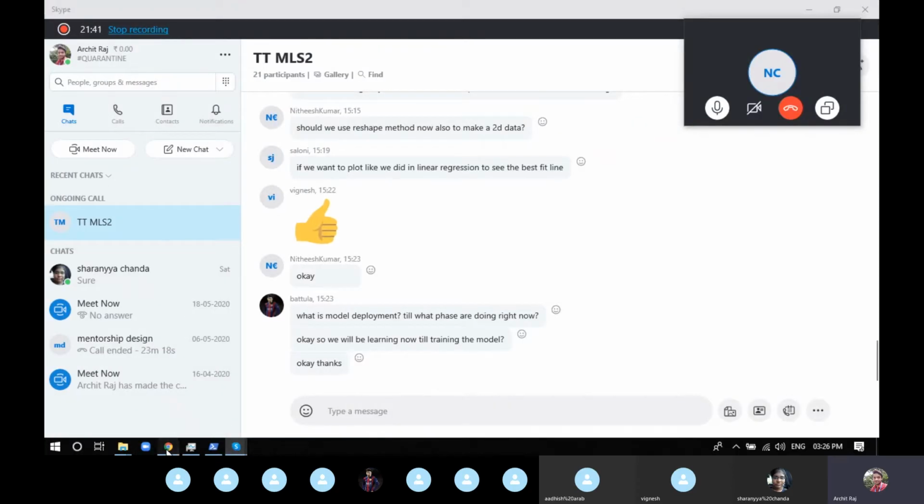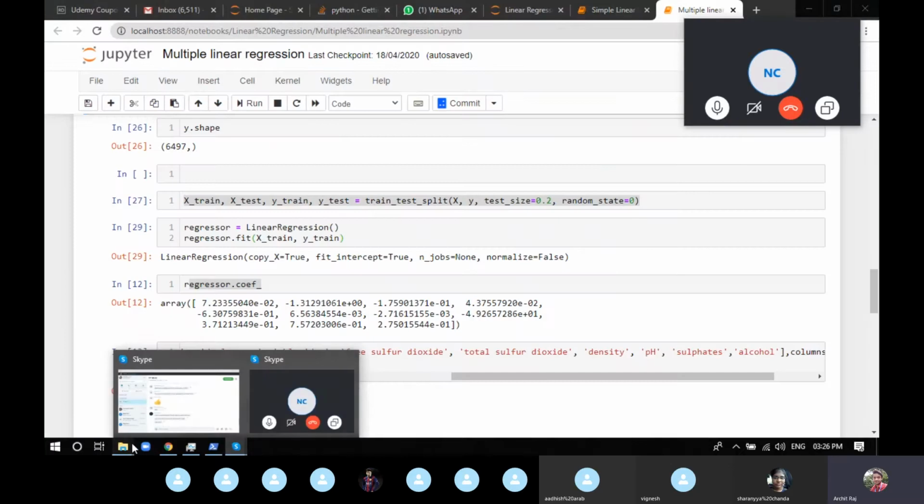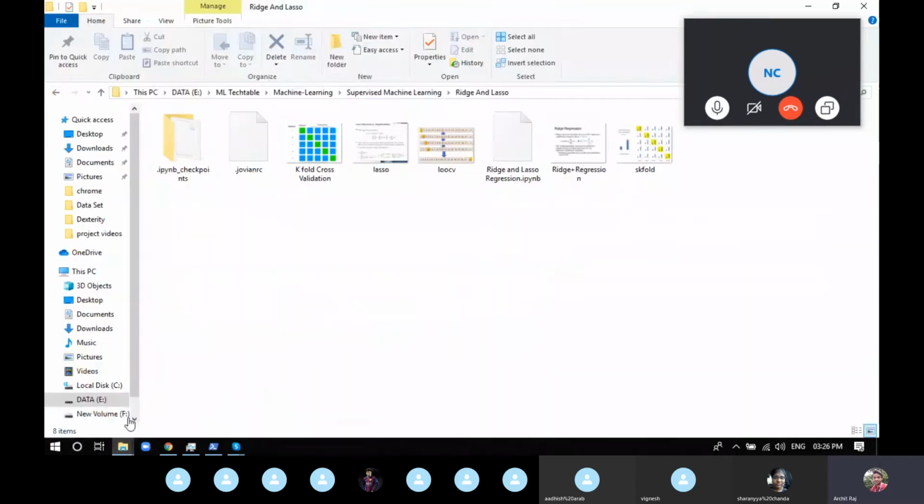As I've taught you about the train test split, you take the data and randomly split it between training data and testing data. But it's a random thing, and anything can happen in a random split.